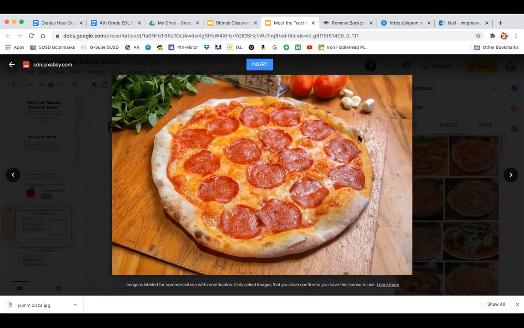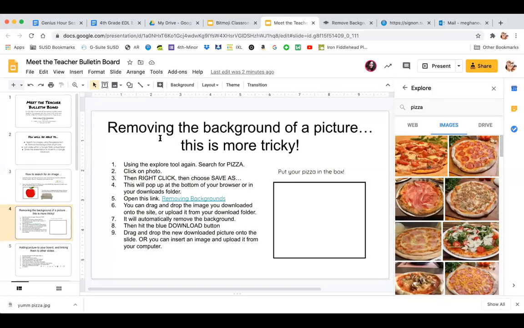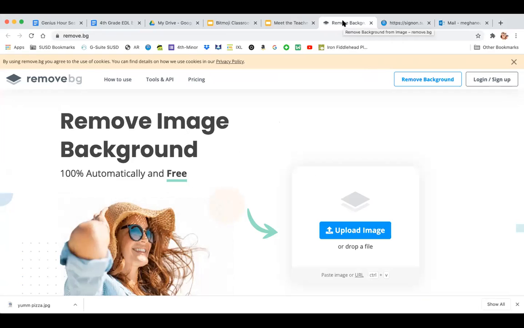All right, now for most of us, these pictures are going to pop up down at the bottom of our screens. The other place that you would be able to find this image, if you weren't sure, would be in your downloads folder. And most of the time, it's going to be that first picture in the downloads folder so that you're able to easily locate it. Now, after we've searched pizza, clicked on the photo, right-clicked and saved, and it popped up at the bottom of our browser or in our downloads folder, now we're going to remove the background. So I'm going to the remove site that I linked for you, and I'm going to drag that